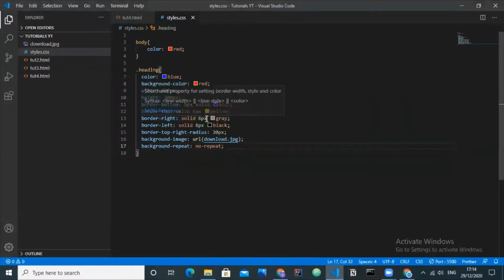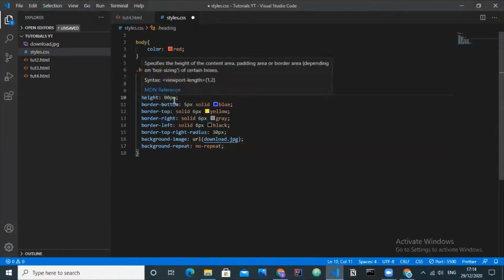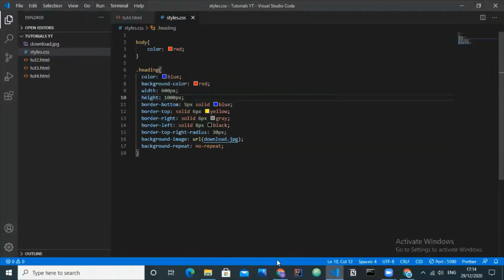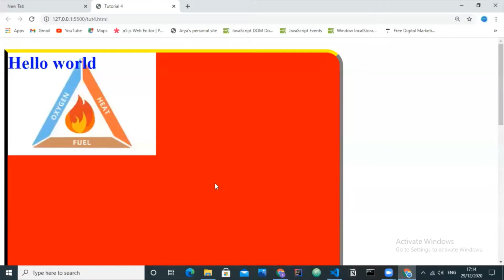Now we want to make its height go more, so let's make it 1000 pixels. You can see the height has gone to 1000 pixels, massive.